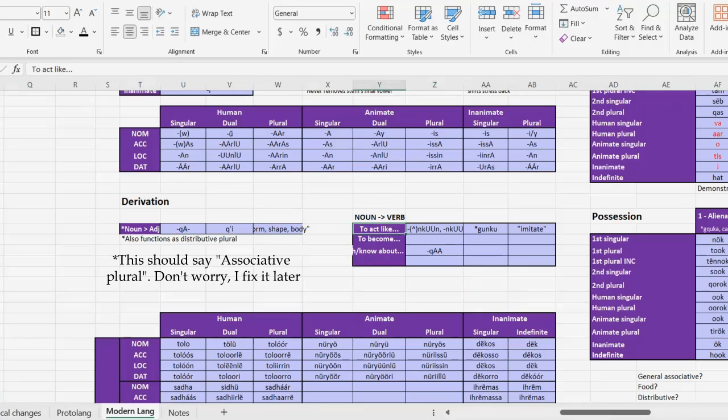So we've already got our true simulative, if you want to call it that, or just a way of turning a noun into a verb that means to act like such and such. We do need a word for to become at some point. And actually this affix here, that means to be familiar with such and such, we used that in the last episode to make a word that means a person who is familiar with animals,